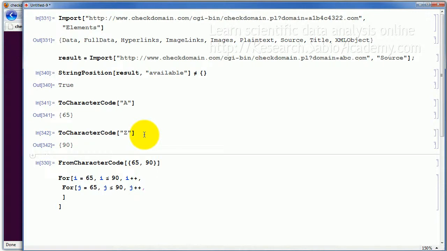So all we have to do is go from 65 to 90. It will cover A to Z. The lowercase numbers are different, but we don't care because the domain names, the web page addresses, are not case sensitive. We can use uppercase, lowercase, it doesn't make any difference. So we'll just use uppercase here, 65 to 90. Now, what we are going to do is generate numbers from 65 to 90 and 65 to 90. So here we are going to see if we can find two-letter domain